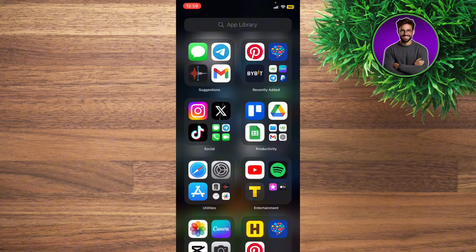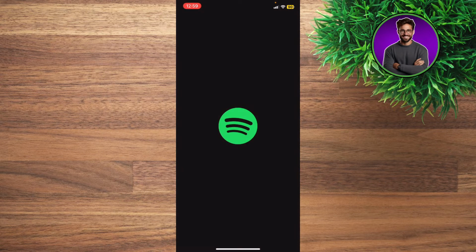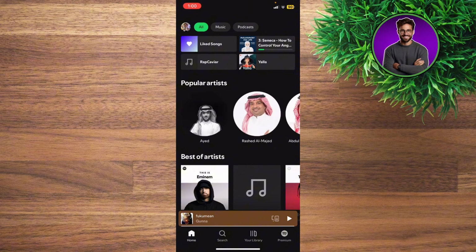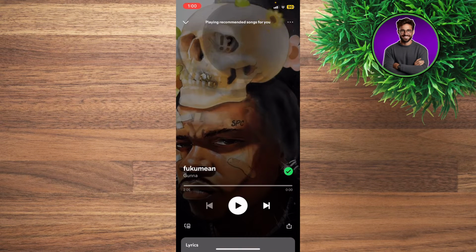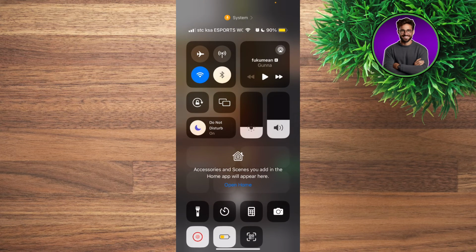So for iPhone, you can just go ahead and open up your Spotify, right? And let's say, for example, you want to use that song as a ringtone. So what you're going to do, you're going to record your screen. This feature is available in both Android and iPhones. So you can just swipe up to your control center and then go ahead and start recording your screen